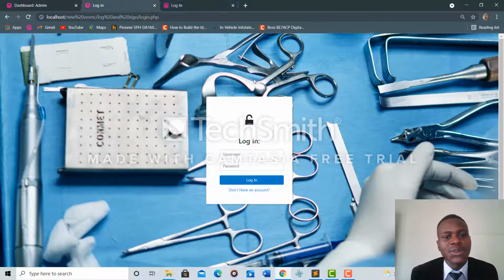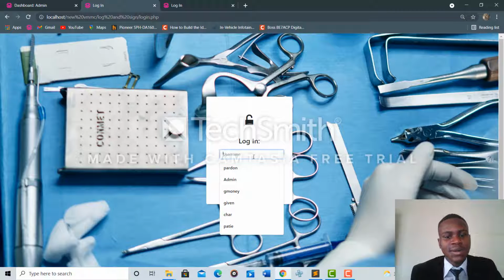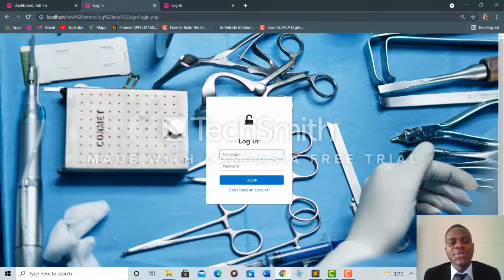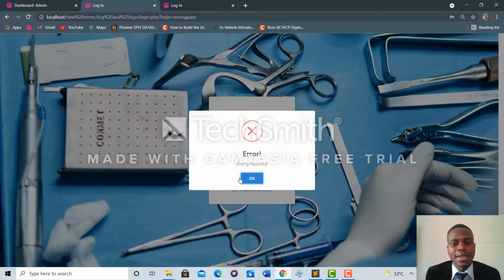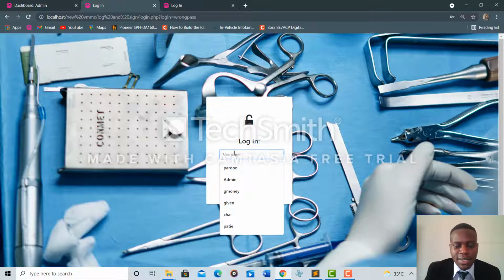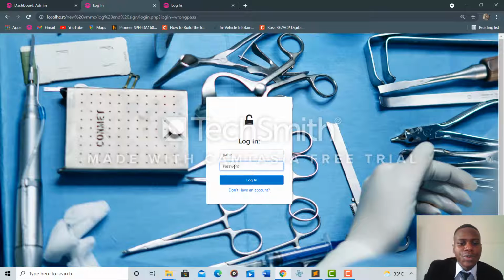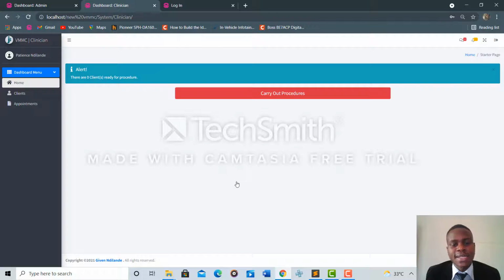So in our case, we're going to log in as the clinician, which in our case is patients, and is previously registered by the administrator. The username for patients was Peshe, and the password was 123. Now suppose I intentionally insert an incorrect password. Let's say there. When I click login, the system's gonna deny. When I say Peshe with the correct credentials, be it 123, when I click login, I'll get to access the